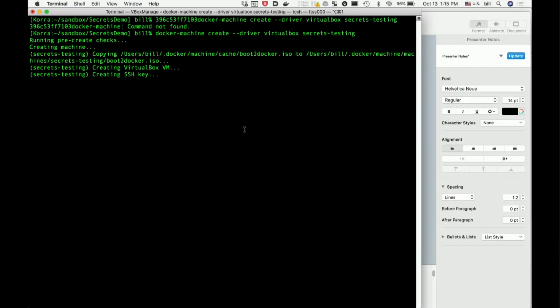It's now creating the Docker machine on my MacBook that will operate the containers that we create. It takes a couple of minutes. I've yet to look through the source code to find out exactly why this particular step takes as long as it does, but it does.